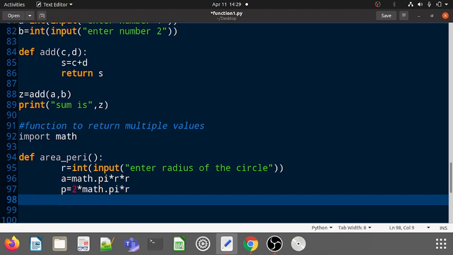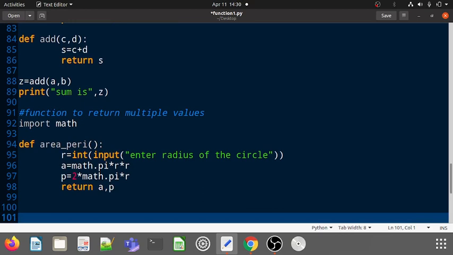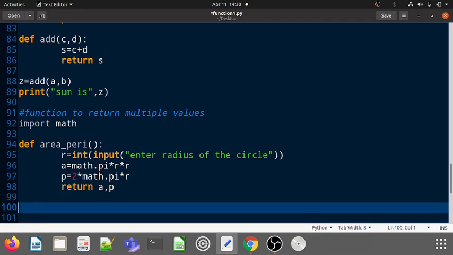Now we will return both values. So return a comma p, because here my function is returning two values. So what will I do? I will take two variables on the left hand side so that they can take the values. So y comma z equal to area perimeter. This is the calling of the function.